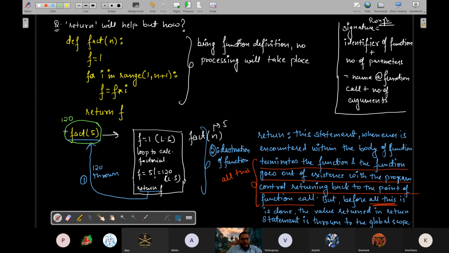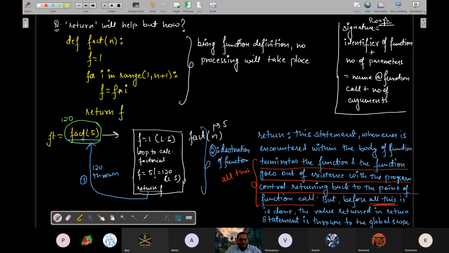अब यहां पे तुम 120 फेंका बाहर, तो कोई तो होना चाहिए जो इसे कैच करे. So therefore you will have to catch this in a variable labeled as anything. जो भी मान लो, यहाँ पे सेम f भी रख सकते हो, because this will be f in local scope, this will be f in global scope. और लेट्स से ft रख लेते हैं, factorial.